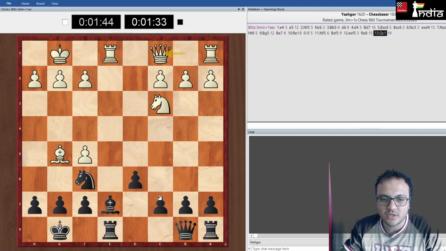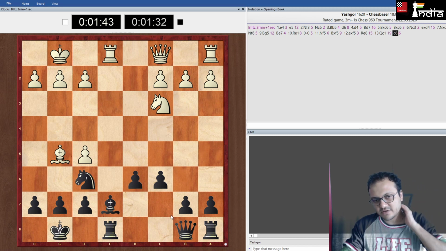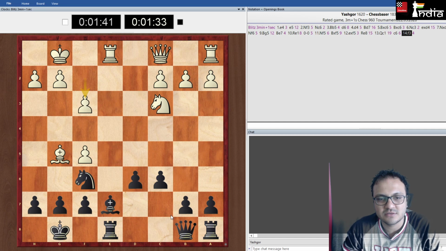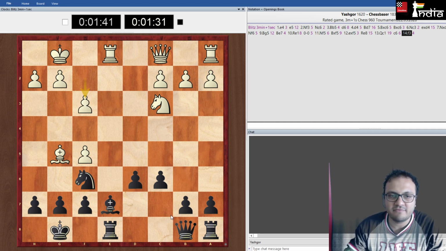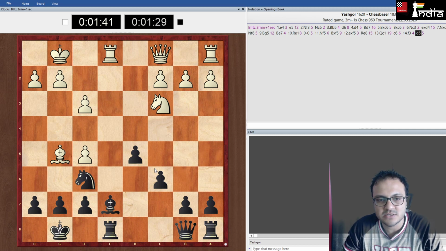Queen c1, okay, c6. Maybe rook e7, bishop f6. Okay, I don't like f3 so much because now I think Black is doing fine in this position.